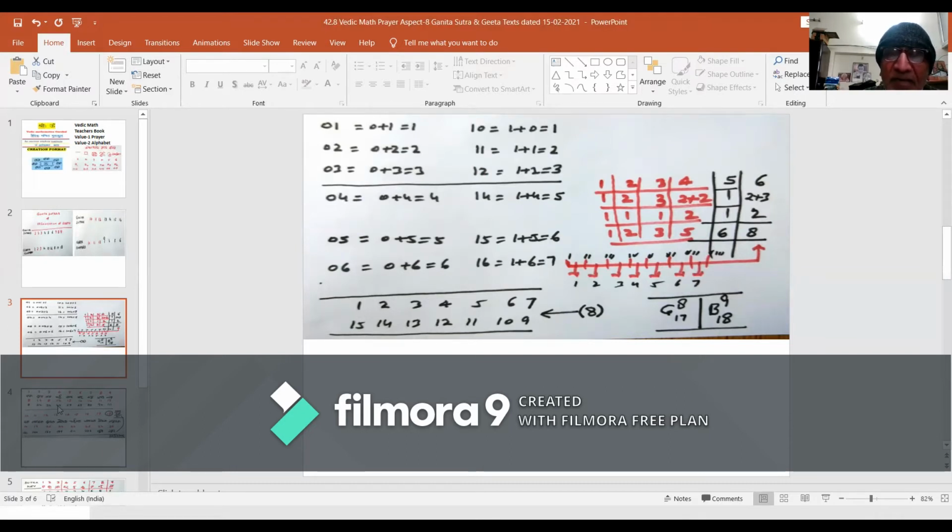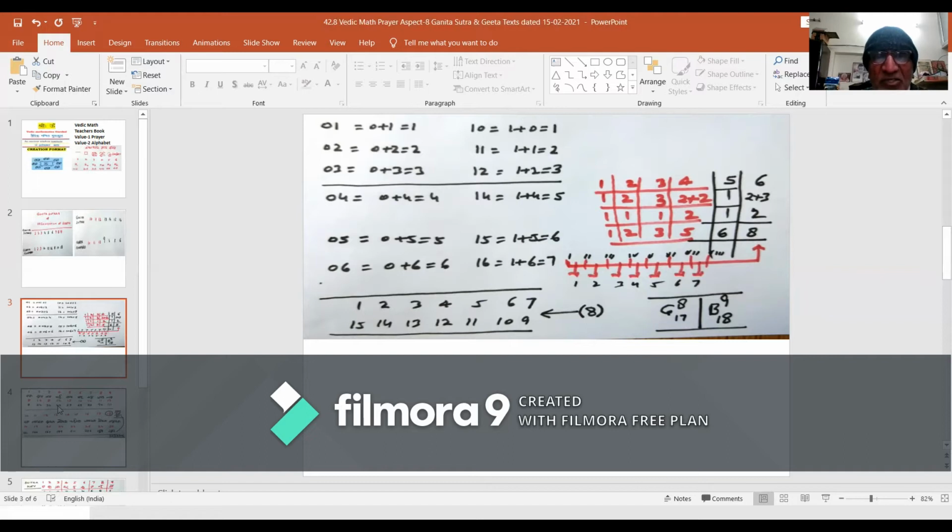This will help us appreciate the coordination of Sutras 1, 2 and 3 with chapters 1, 2 and 3 and Sutras 10, 11, 12 with chapters 10, 11 and 12 of Bhagavad Gita. Now let us proceed ahead. 0, 4 leads us to 0 plus 4 is equal to 4. 0, 5 leads us to 0 plus 5 is equal to 5. 0, 6 leads us to 0 plus 6 is equal to 6.